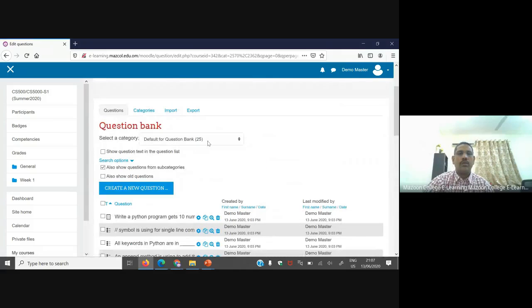Now this is the question bank, and you added to it. If you want to create a separate category, you can create the category and upload the questions. Or you can keep everything in only one question bank, enter the questions, and later retrieve them from this question bank. Or you want to make a difference: that question bank you collected from your friend, and you add a separate category for your own purpose, to differentiate your questions from your friend's questions.